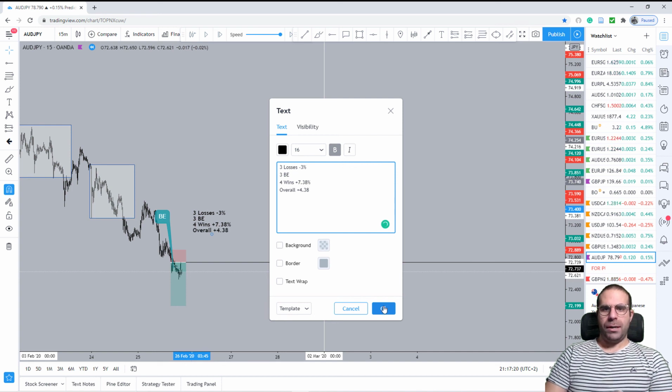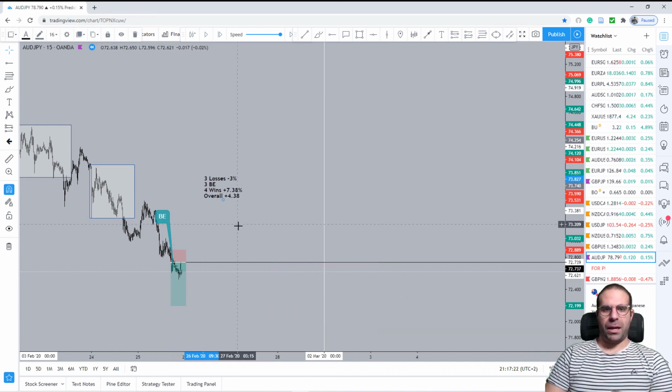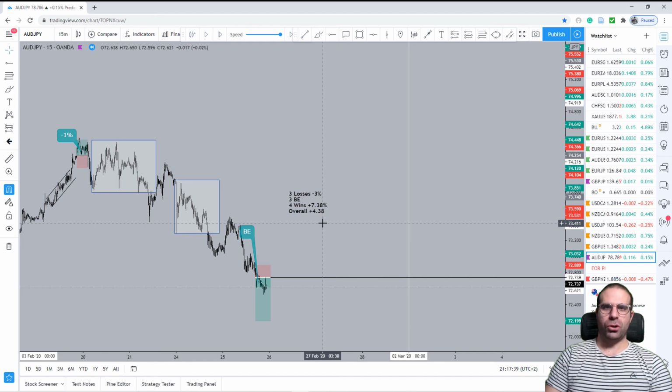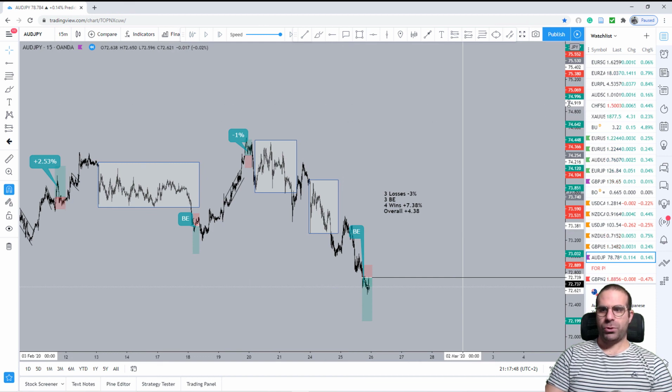4.38%. Now, is that considered to be a good result? Given the fact that we managed our risk perfectly, it is a good result, but on the other hand, to be honest, it is not also a good result. We would be expecting way more opportunities at least, but we didn't have these opportunities.